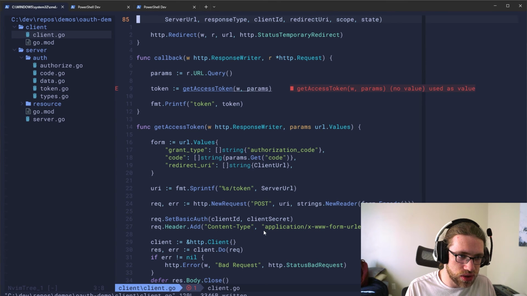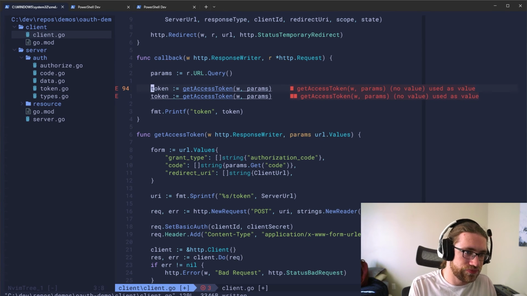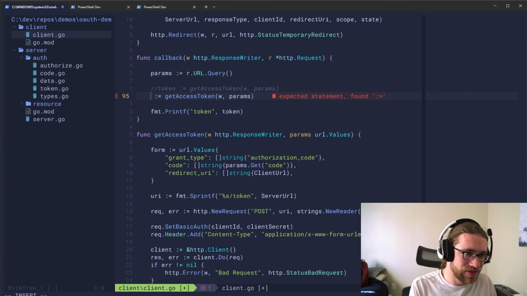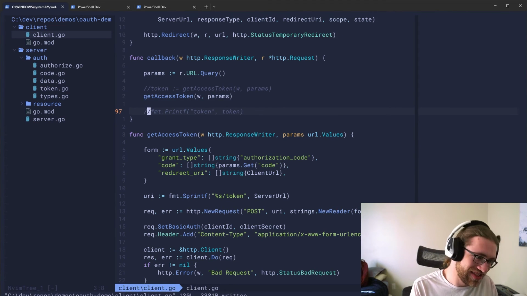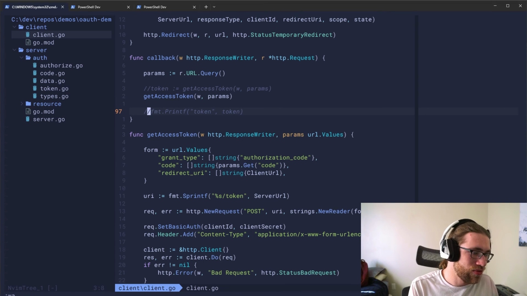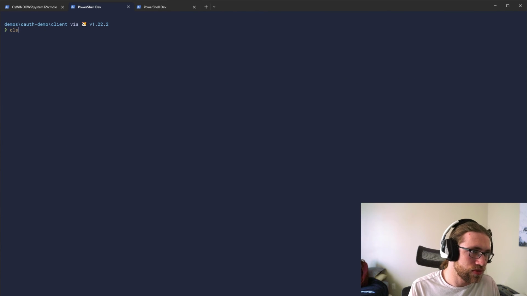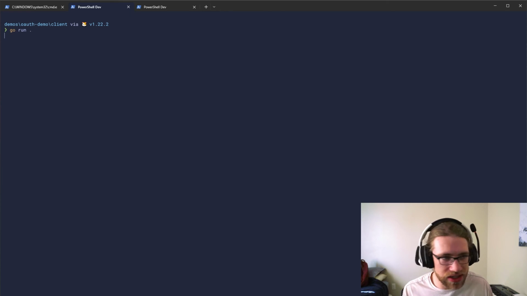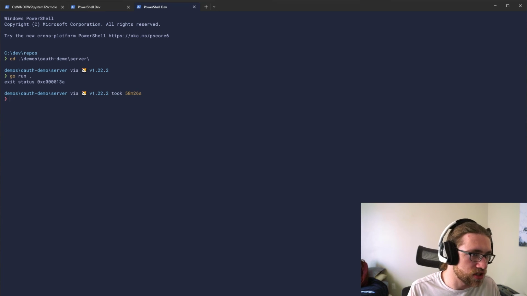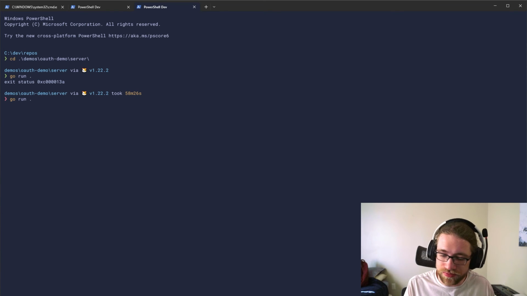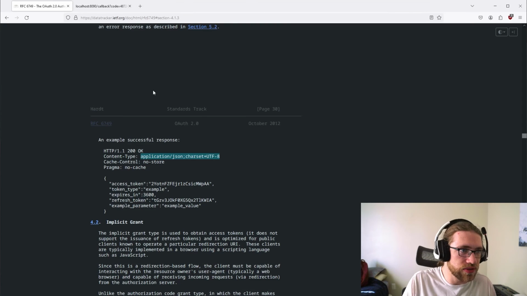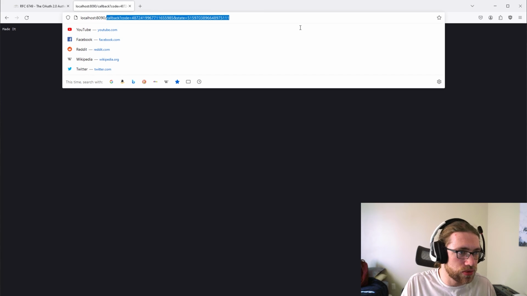Get access token. Right, for right now, we don't have a... Trying to decide what I should do in order to demonstrate this. So we'll re-up our client in order to get the new client changes. We'll re-up our server in order to get the new server changes. Now, if we go back over here, let's run through